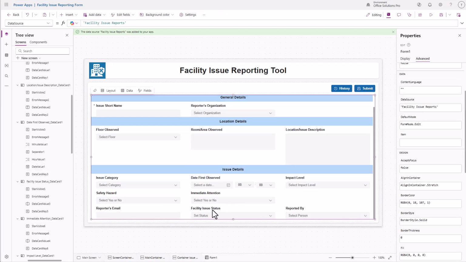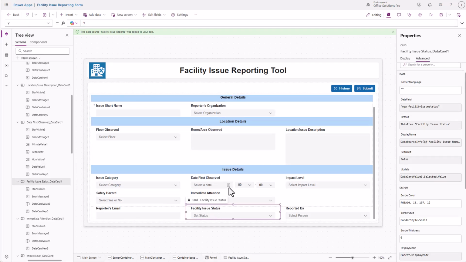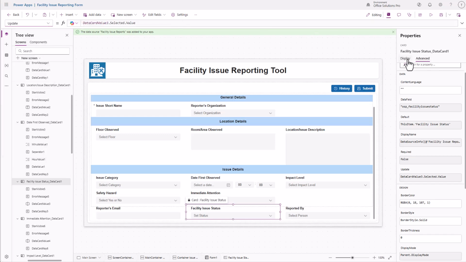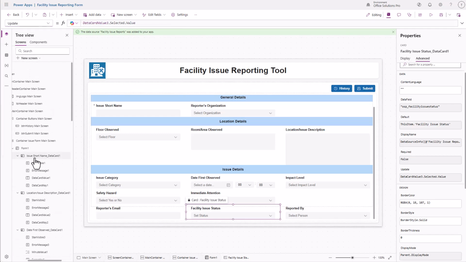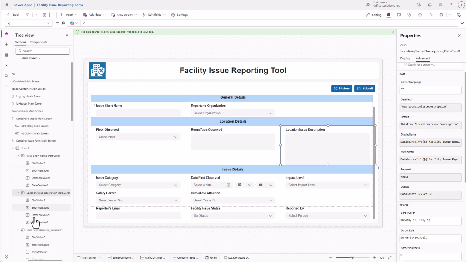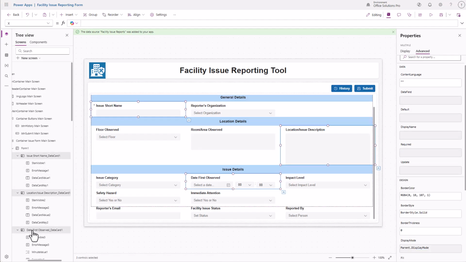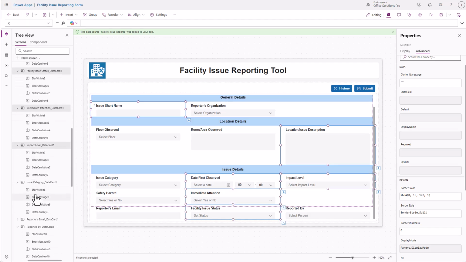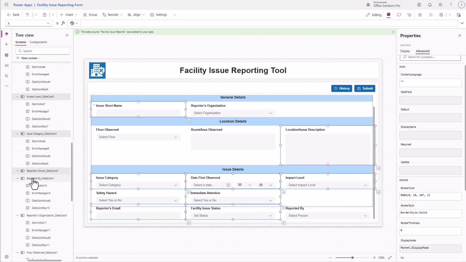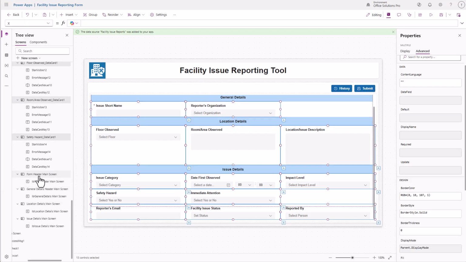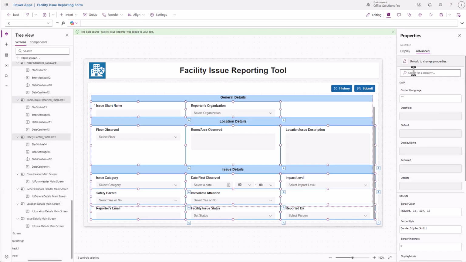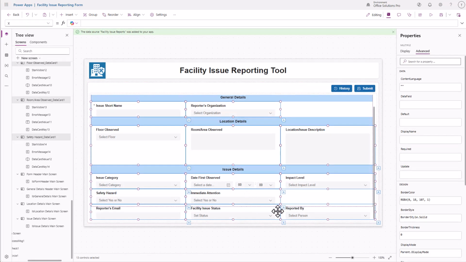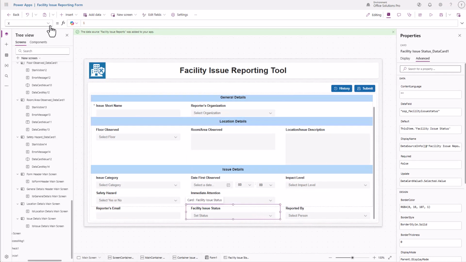Now for our facility issue status, when they save, we want it to set it to in review. So let's go back to our update property here. And actually, let's just unlock all of these. So first, let's go ahead and select everything. And let's just unlock everything because we're probably going to make some changes to a couple of these. So let's just make it easier on ourselves and select everything to unlock. Actually, we don't need these. All right, so if we come over here, let's unlock these. All right, so now when we look at our facility issue status,